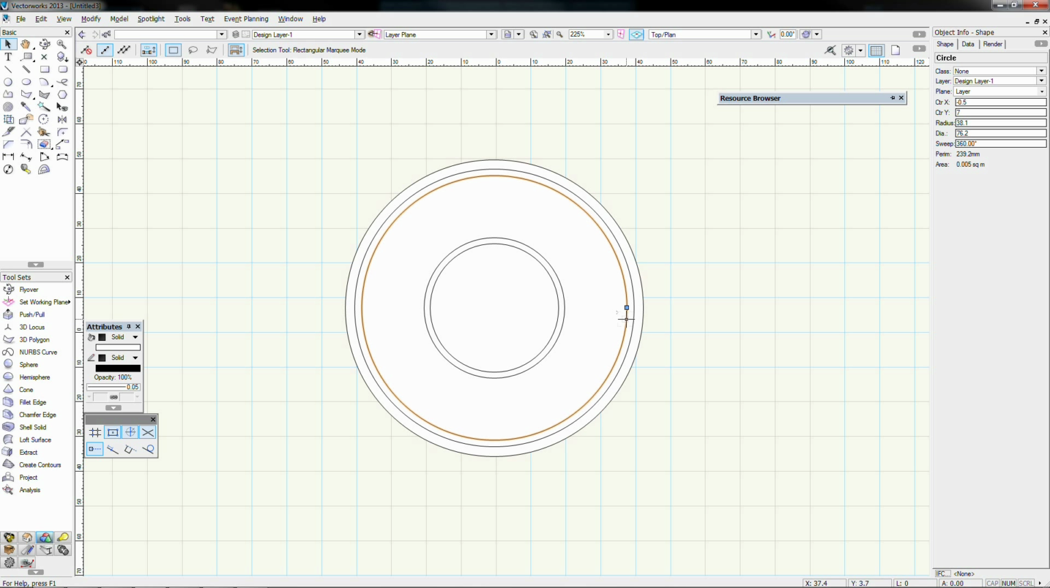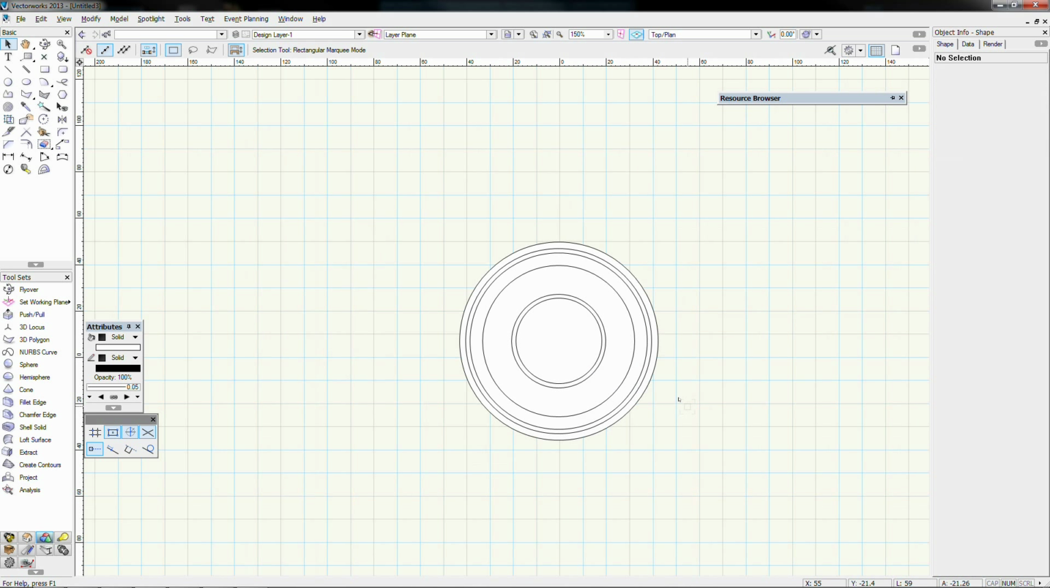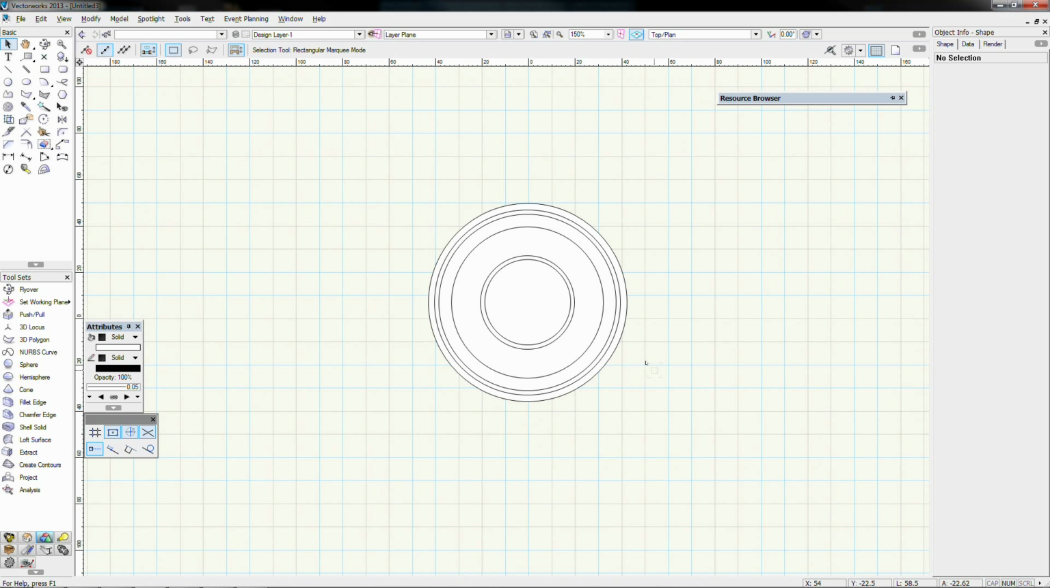Maybe one more. It's just for good measure. Somewhere there. Now you're probably going, well done, you've drawn some circles that all correlate to each other, James. This is a great success for you. And it is. So what we're going to do is select all of these objects and we're going to convert